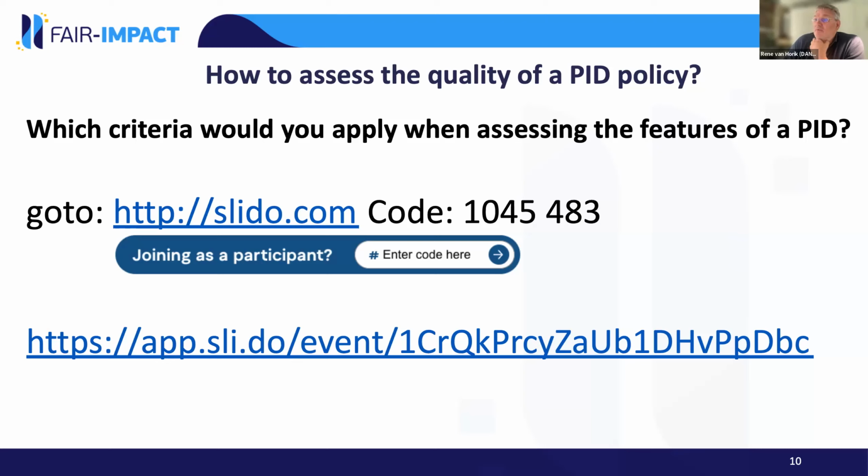As there are many PID systems, there are also many systems to gather reactions from the crowd. I would like to ask you to go to the slido.com website